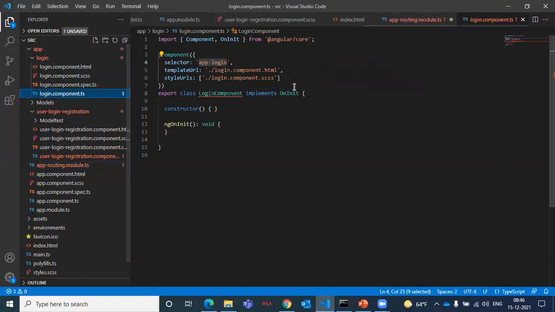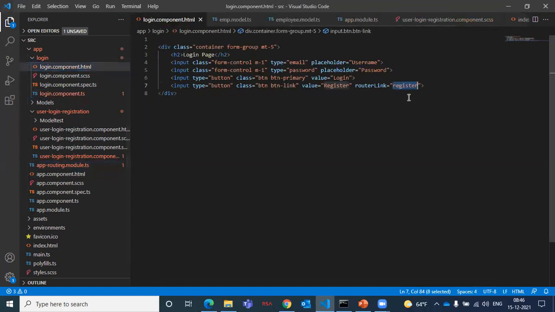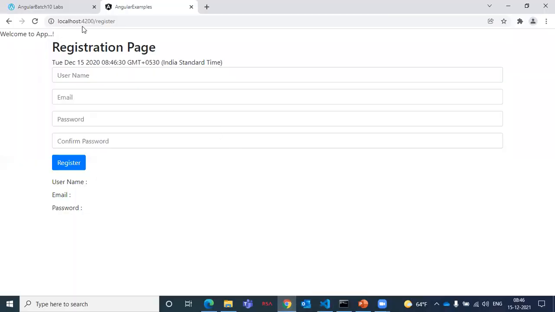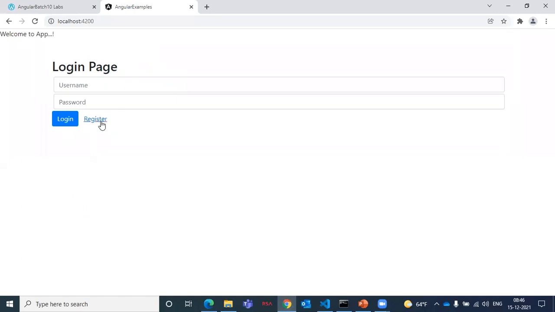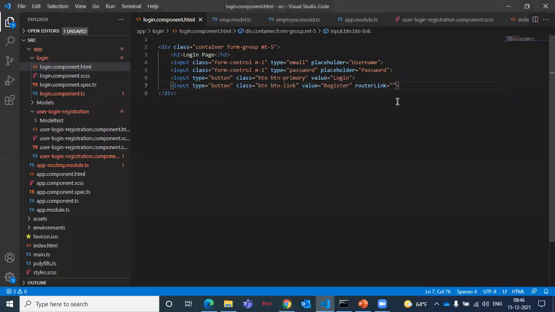If you forget to give this path and leave it empty, what will happen? It will go to the login page. If you are somewhere else and click on register, it will go again to the login page. So we need to give the exact path.